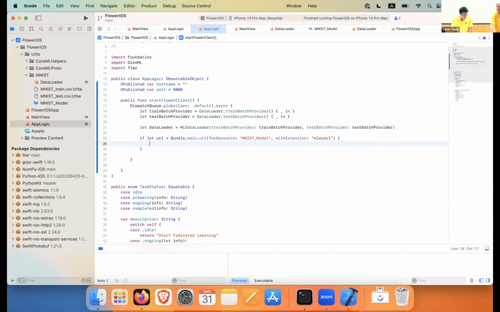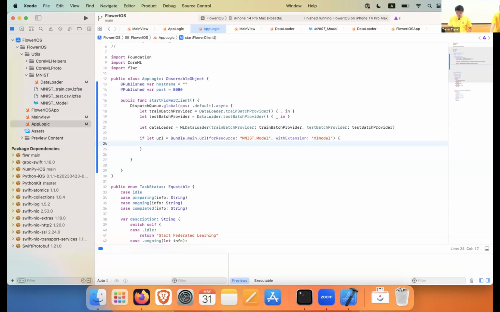So let me first, before we continue, give a short introduction about CoreML. CoreML has a new feature since 2019 that you can